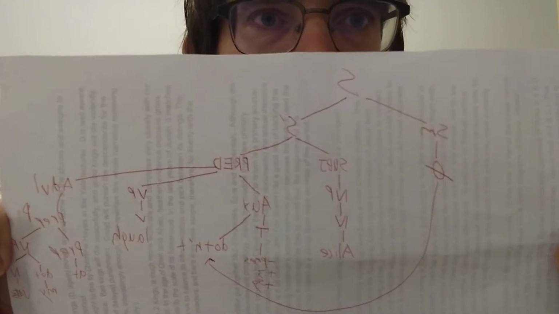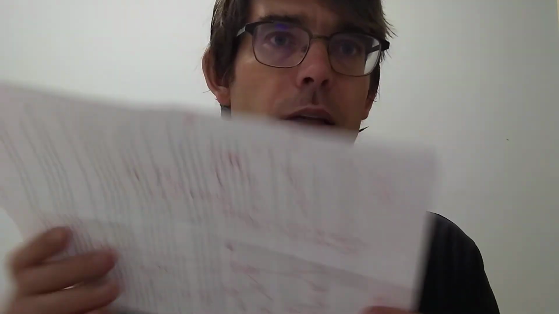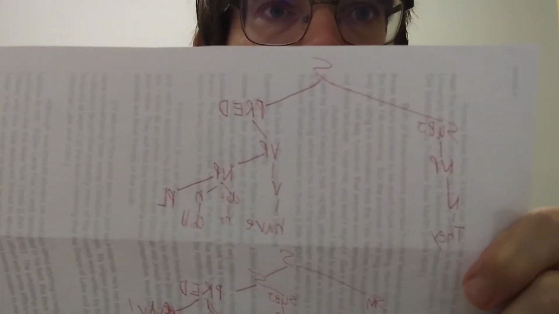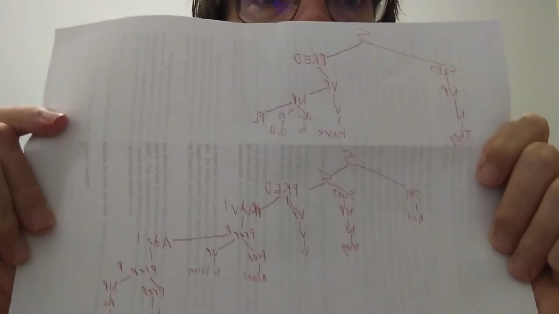Sorry, this camera is going to show this in mirror image. Everything's going to show up in reverse. So you probably won't be able to make sense of them, but you can tell that there's something going on here. Some effort to make sentence trees on these sheets of paper. And most of these ended up being slightly wrong for one reason or another, but I checked my answers in the back and am aware of my errors now.